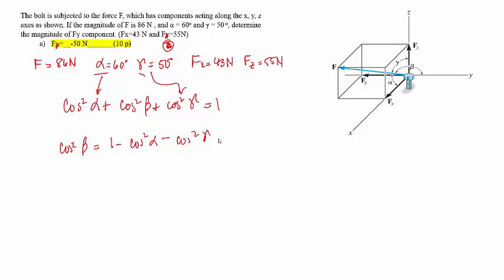Okay, and so this would be 1 minus 0.5 squared minus 0.64 squared, which is 0.34. So beta equals